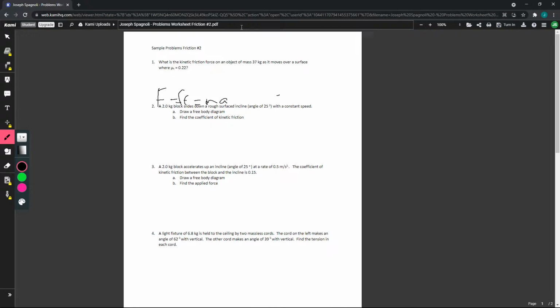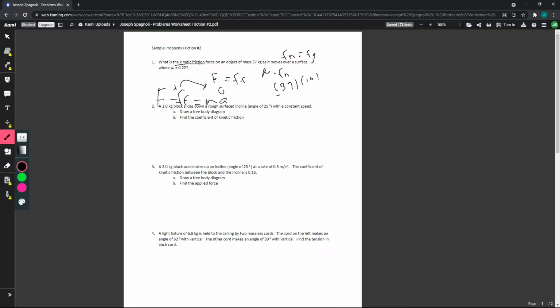Anyways, what I've picked up on this problem is that when it says kinetic friction, that means our acceleration is 0. So basically, we can say the force is equal to the force of friction, because we can say this is equal to 0. We have force of friction on both sides, and we eventually get force equals force of friction. Now we know force of friction is equal to mu times Fn, and if this is a horizontal surface, that means the normal force is equal to the force of gravity, and force of gravity would be 37